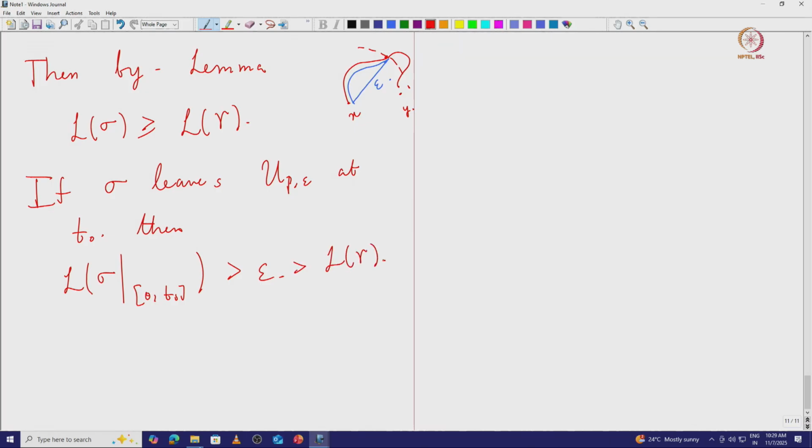So in either case we have seen that the length of sigma is bigger than or equal to the length of gamma. So gamma has to be a minimal geodesic, okay. So that completes the proof of the theorem. Alright, so we have now shown that even though the geodesics may not be globally minimizing, they are at least locally